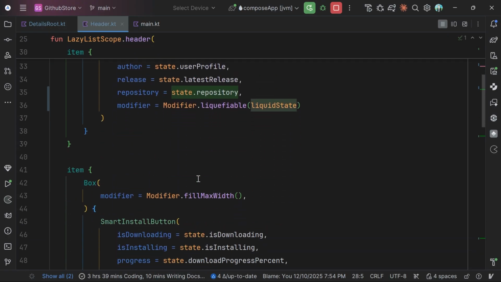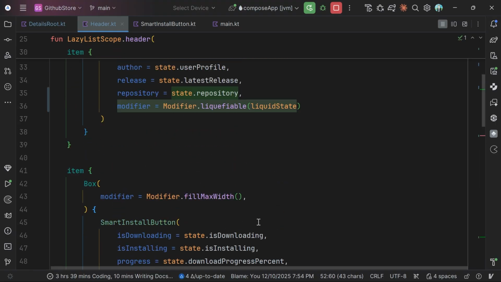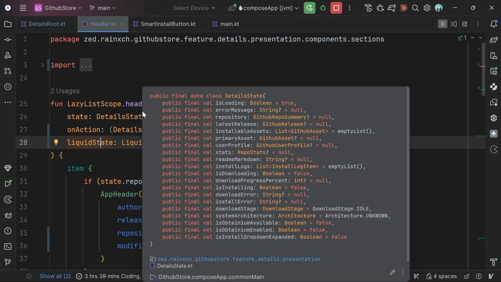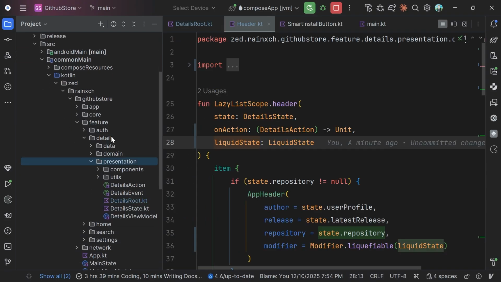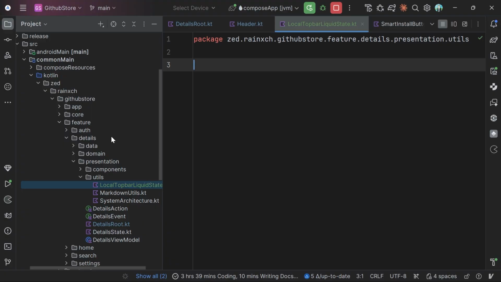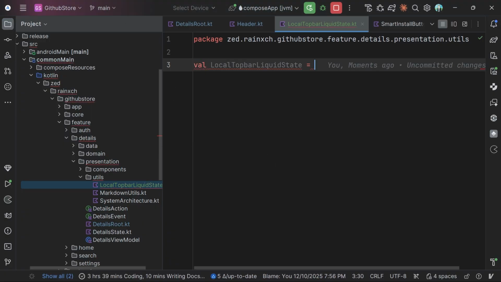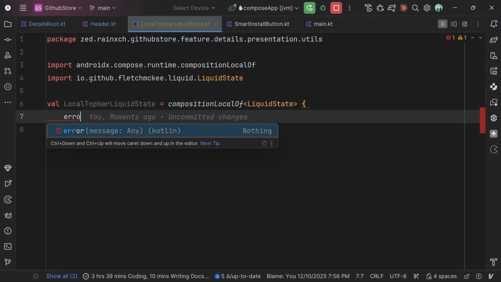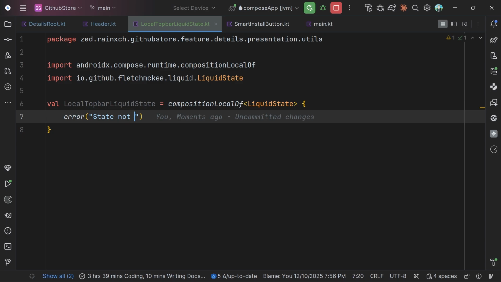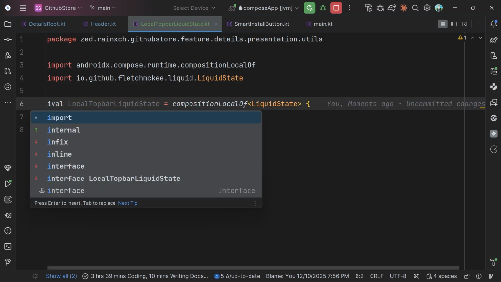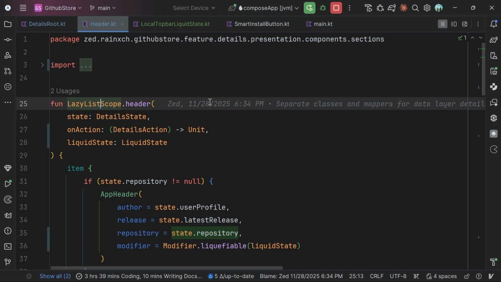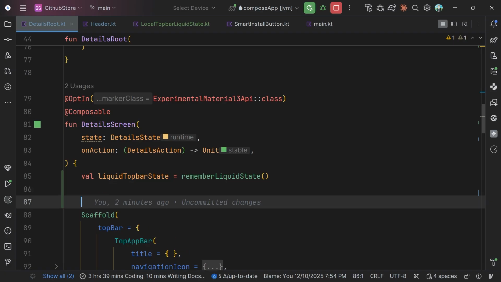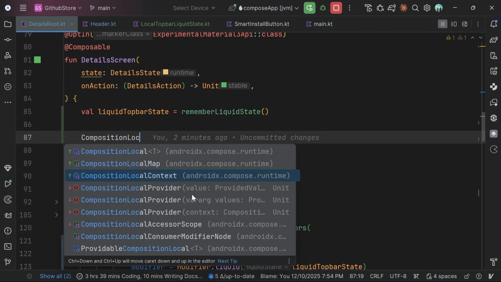Okay, let's go here again, and maybe I think to not pass this liquid state to all the composables, I want to create the composition local. I think I can do it like here, local, make it a file, get the name, say it composition local of type of it, and we need to show the error. State not declared. Now we have this composition local internal, so we can provide it here, provide in the details screen and say composition local provider,